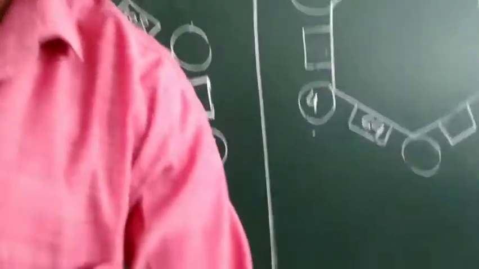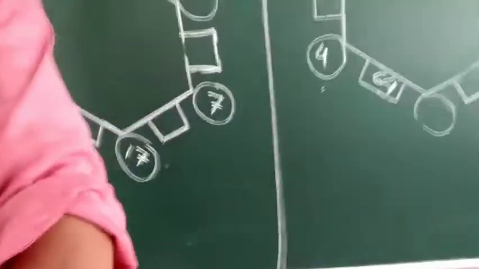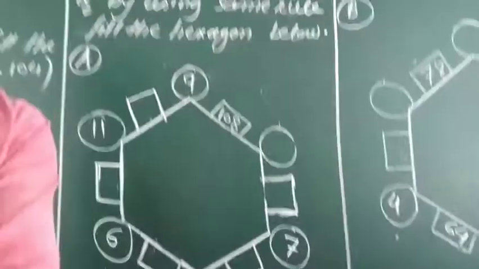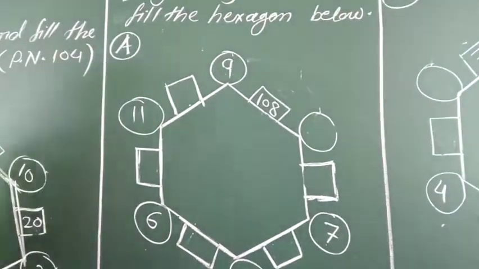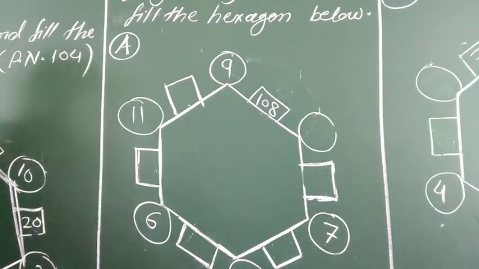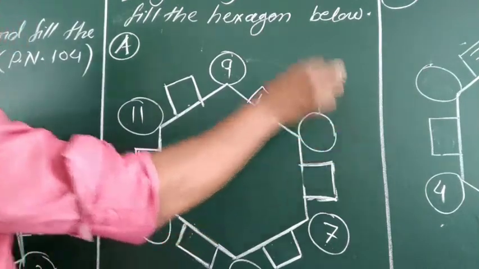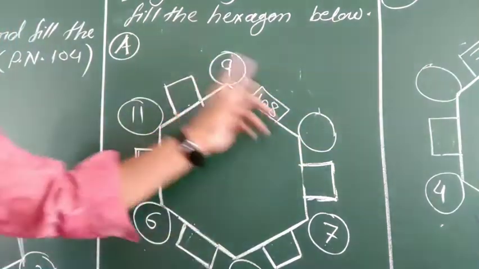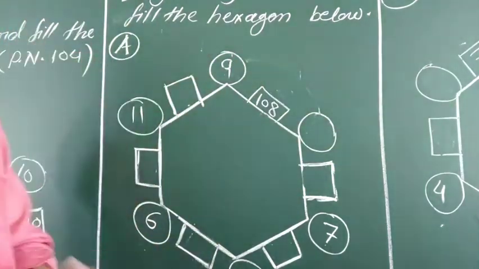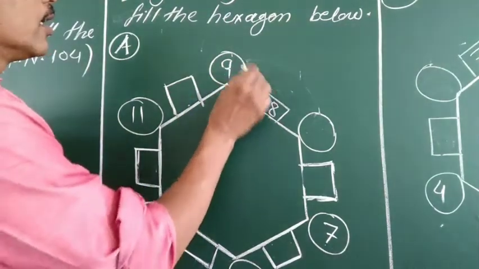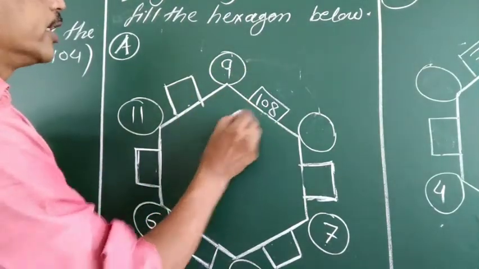Now by using the same rule, अभी इसी रूल को हमें कंटिन्यू करके या यूज करके, by using the same rule we have to complete this pattern and this hexagon. So see, by using same rule, it is 9 and it is a circle without number. We don't know what is that number. Now what we have to do? But the number in between which is given in box, that is 108.